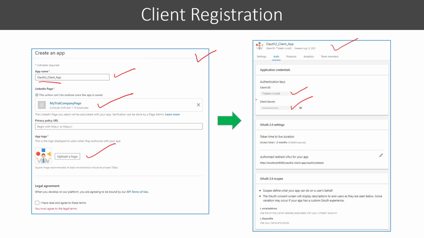Along with that, you can see the OAuth2 settings, where you need to provide the authorized redirect URL. We also call it a callback URL for our client application. And in the last section you will see OAuth2 scopes, where you can see there are two scopes over here,